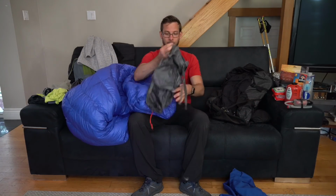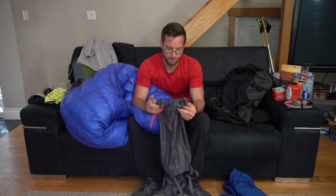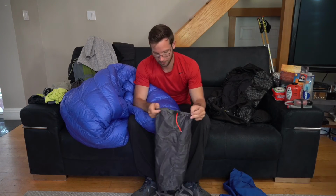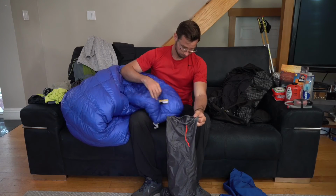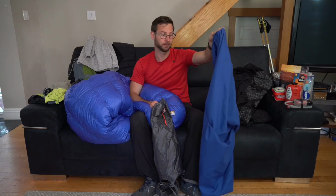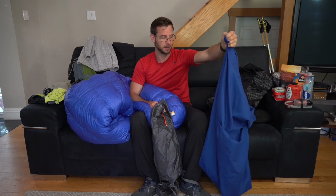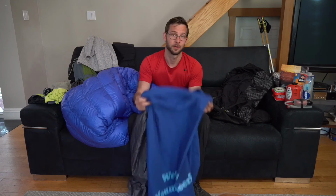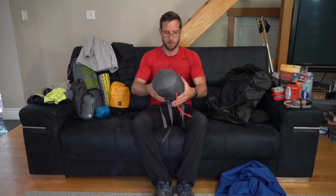Also, I bought a separate bag for my sleeping bag. Okay. So this compresses your sleeping bag so it packs really tight. This one here, which comes with the Western Mountaineering sleeping bag, is a bag that you use to store the bag. So you don't keep it super tight, and it ruins the feathers that are in the down sleeping bag. So you use this to keep the fluff. Okay, so very important. Look at that,